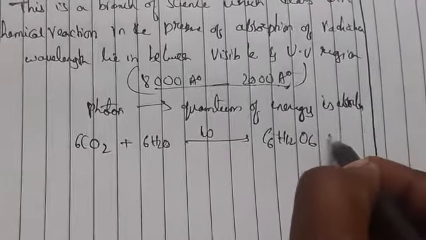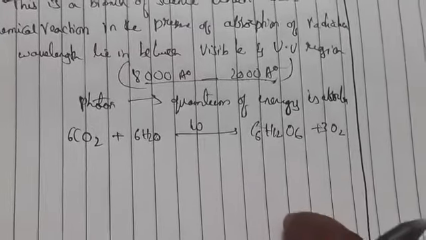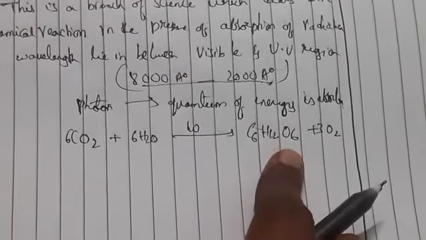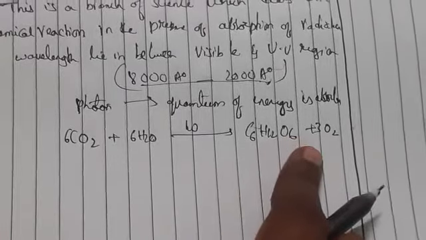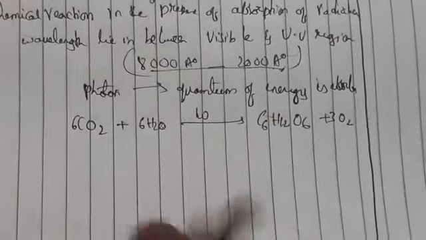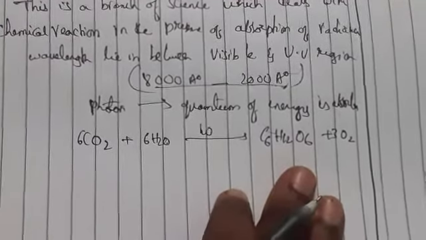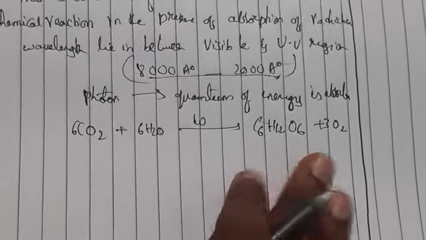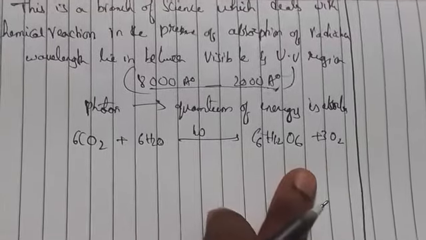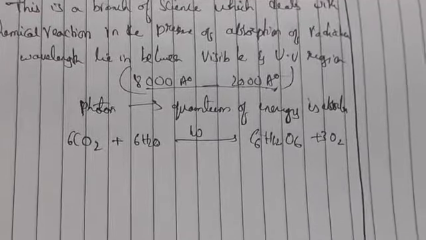In the presence of carbon dioxide and water, it is losing an oxygen molecule, forming C6H12O6 in the presence of light, where chlorophyll is active. So energy is increasing. These types of reactions we call photochemical reactions. In the same way, in thermal reactions, the molecules collide and acquire some activation energy.